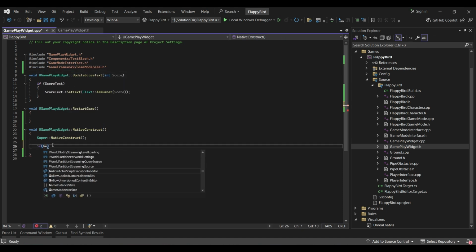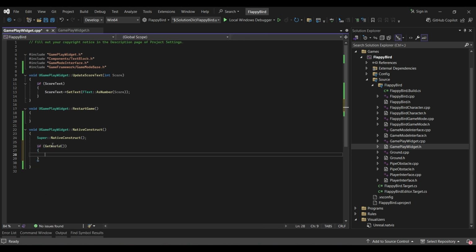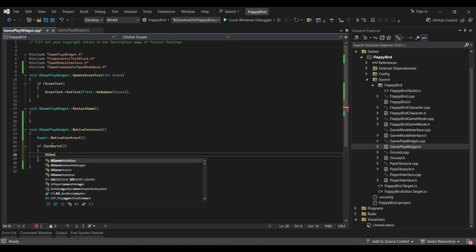So if get world, a game mode base game mode,